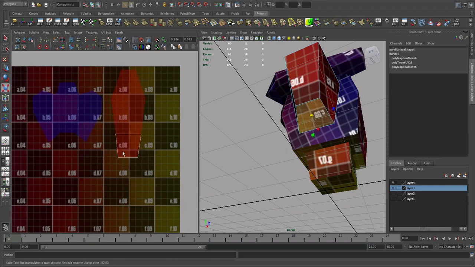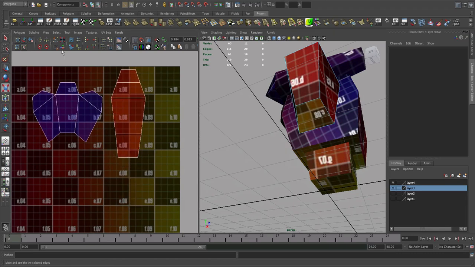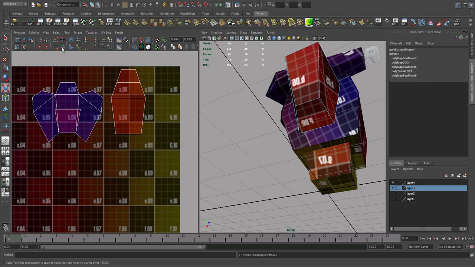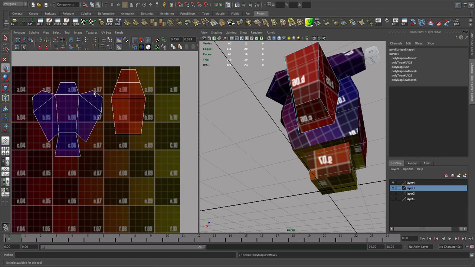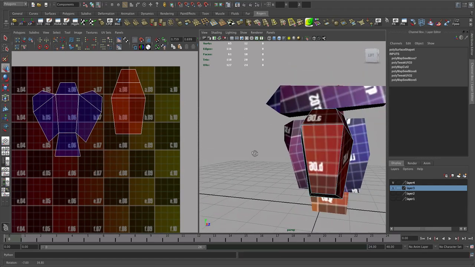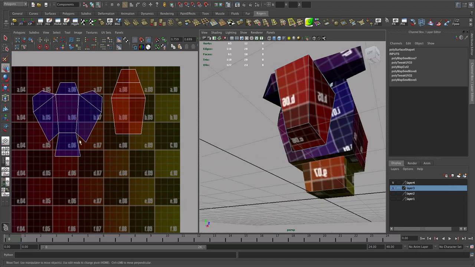I'm going to just do face, and again I need to cut that, so I can say edge, select that one, use the scissors, then I'm going to see if I can do a move and sew. No, I have to actually move that away first, and at this point I can either flip vertical and then just do edge, move and sew, and there we go. And it's a question of just pulling in those two. Let's do move and sew,